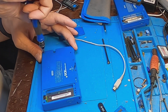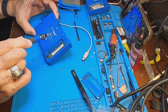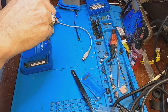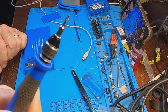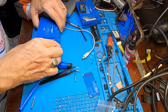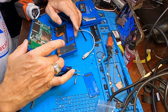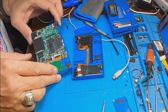Okay, those are 1, 2, 3 of those longer screws. And I guess I need to get this one out too. Got this little black screw here where the card goes. That's a little black screw. There we go. And you have to be real careful taking this off, because you don't want to inadvertently break anything. Alright, so let's inspect